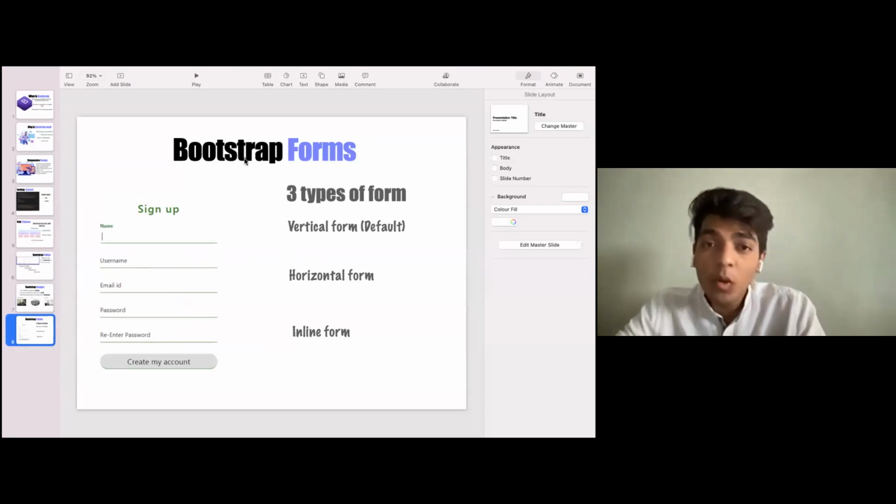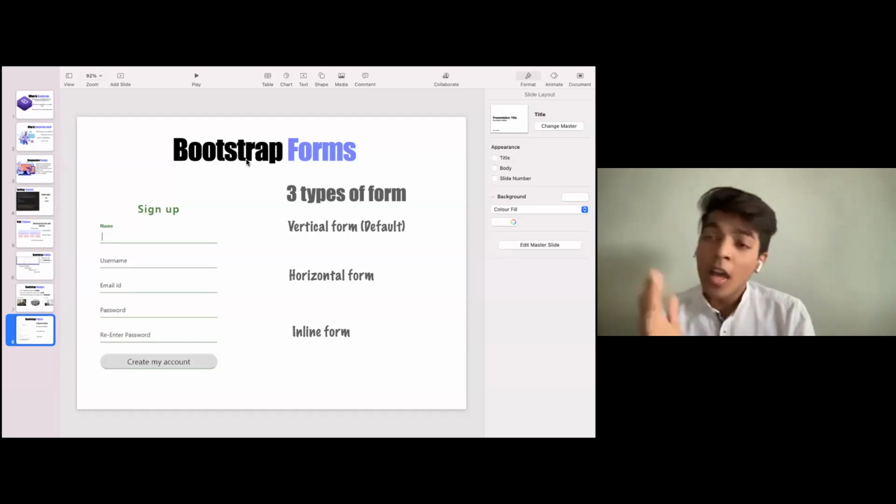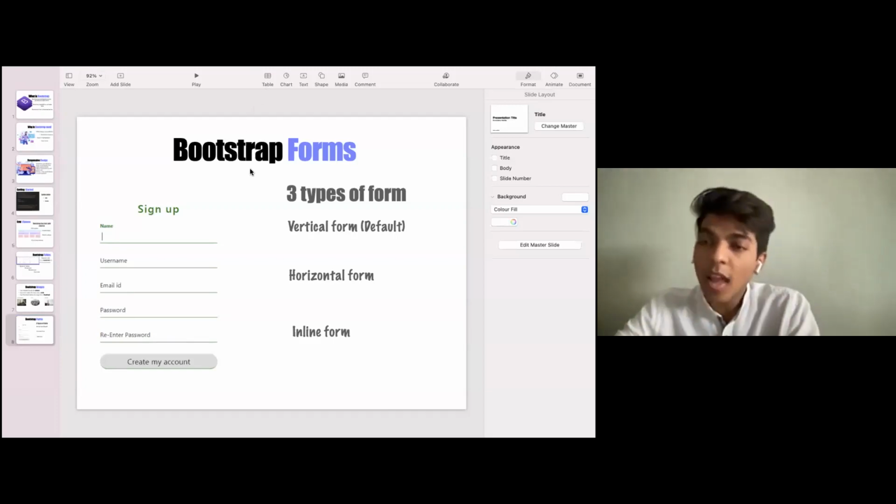The last part would be Bootstrap forms. So basically, what Bootstrap form is all about, the same goes with form as we had with table. The discussion remains completely the same. When we were viewing the form, it was at the right hand side or the left hand side. It was not in the middle. And as we narrow the tab down, the form that we'll be using for CSS is not very nicely visible, it was not nicely visible on the desktop as well as the mobile.